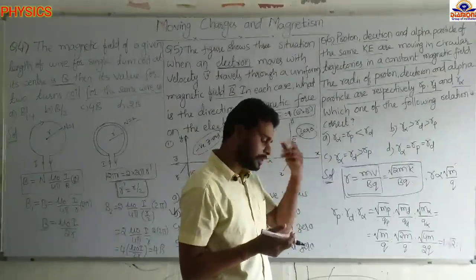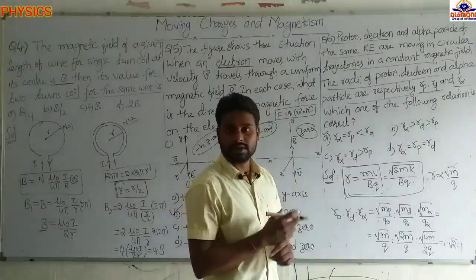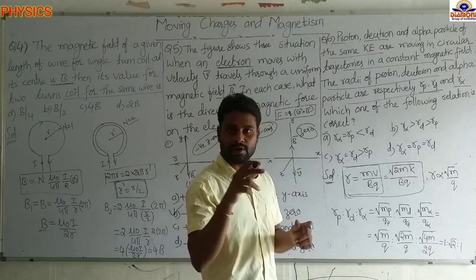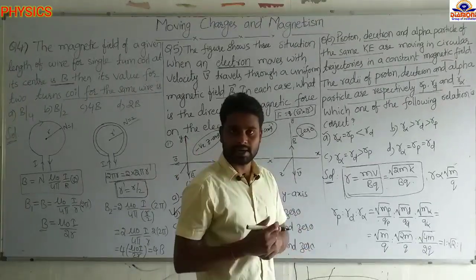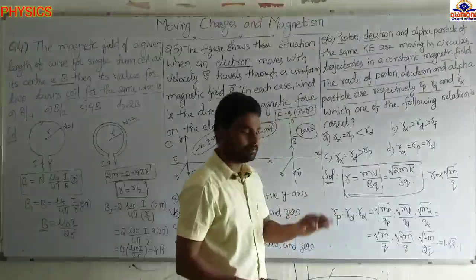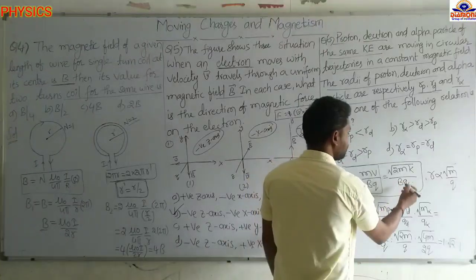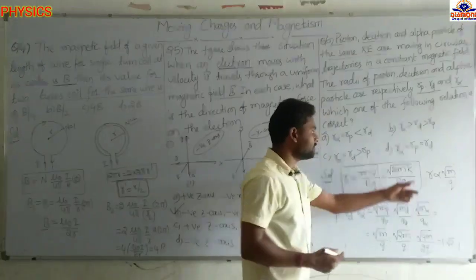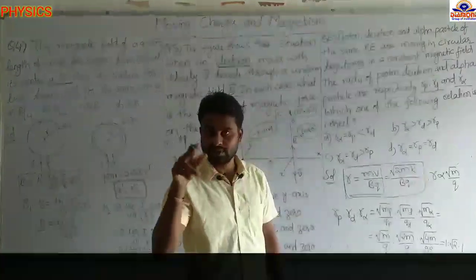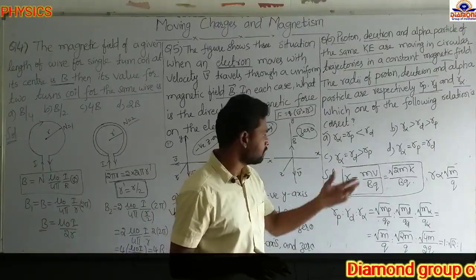From kinematics also we know the relationship between the momentum and kinetic energy. So P equal to square root of 2mK, K is nothing but the kinetic energy. Here mv is nothing but mass into velocity, the momentum. So in place of momentum I am writing square root of 2mK by bq. In the other case also we can write K is nothing but qV, if it is accelerated by the voltage V. That formula also we can use.